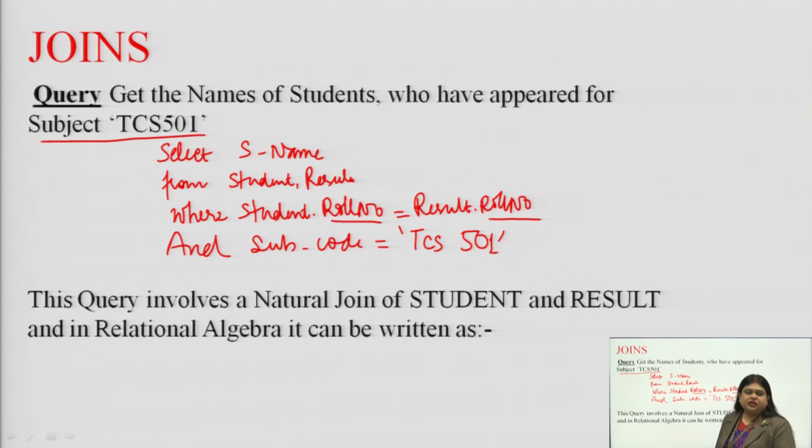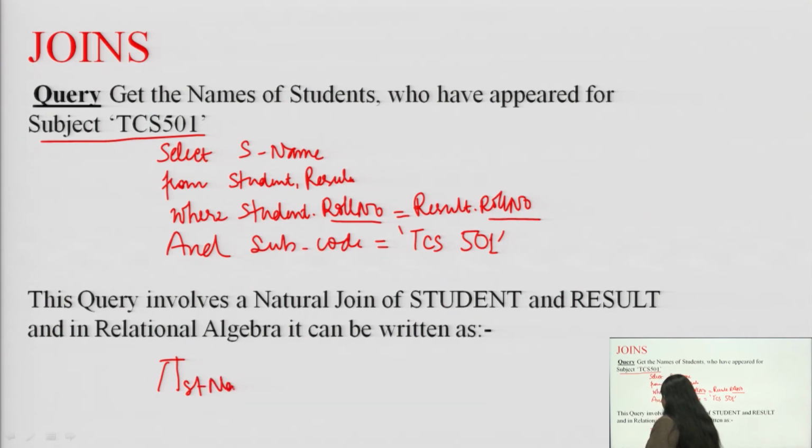So, you have seen that we have successfully created this join, and we have fetched those students who have appeared for this subject TCS 501. Just for a difference, if we would have written this query in relational algebra, how would we have written it? It would have been projection on